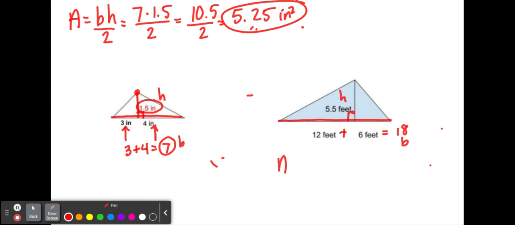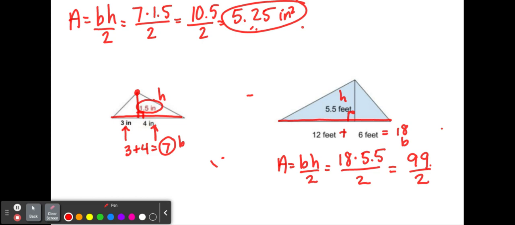So when I'm going to plug in my formula, base times height divided by 2, I'm going to do 18 times 5.5. And then I need to make sure I divide it by 2. That gives me, when I do it in my calculator, I get 99 divided by 2. Gives me an area of 49 and a half. That's feet